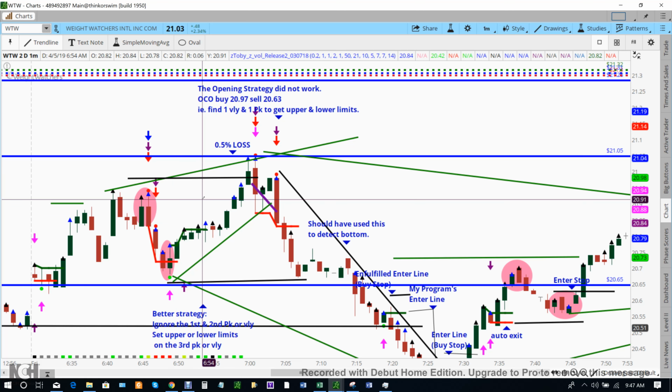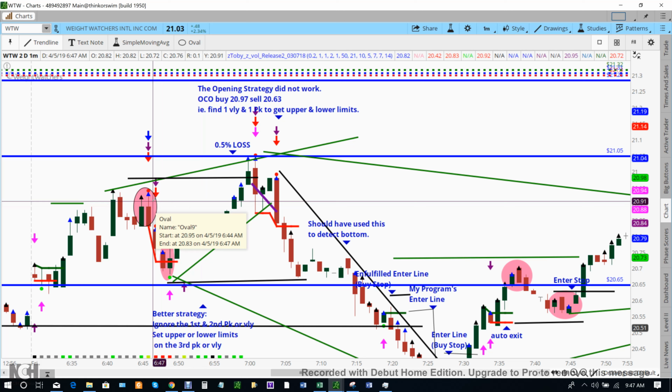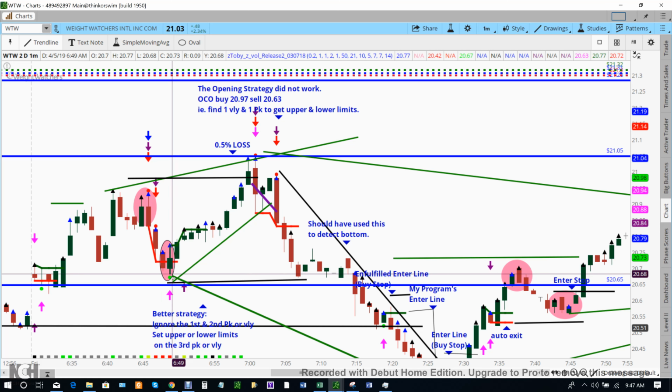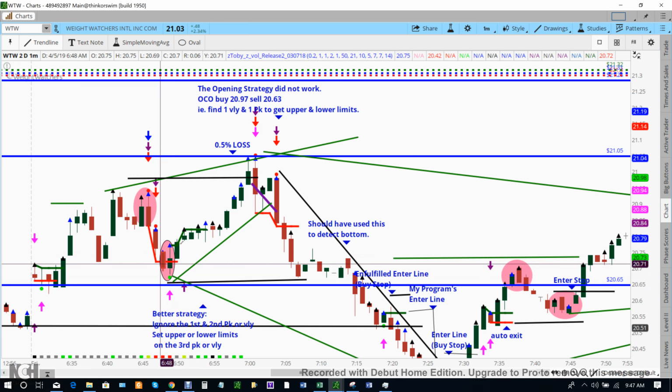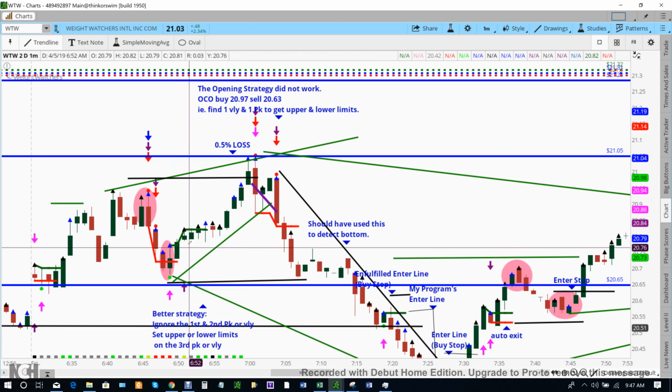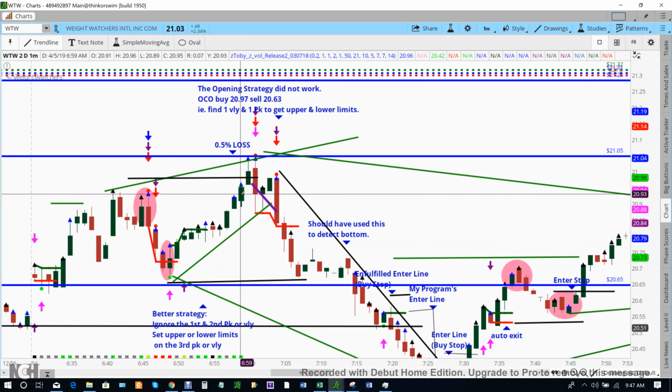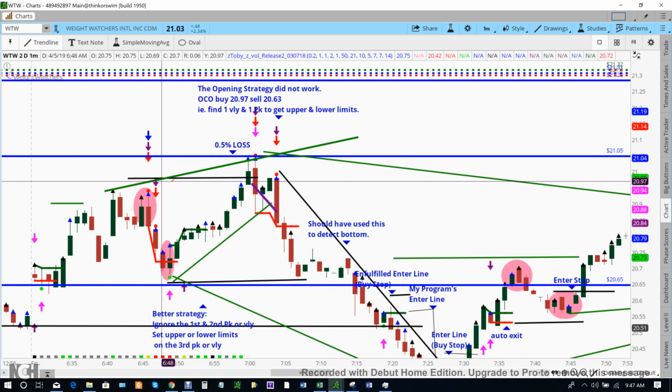So you put an OCO order in. If it goes above this line, called a buy stop, you'd enter. Or if it goes below this line, you put a buy stop and enter. And so the first thing that happened was, here's where the order was placed after the second valley. First peak, first valley. Put your order in, and now it starts playing in between, and it rises above this buy stop,